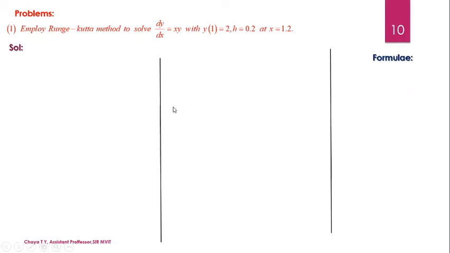So dear students, now since we know the formula of Runge-Kutta method to solve an initial value problem, we are going to now consider problems on the same. Fine. So let's see the problems here. The first problem is employ Runge-Kutta method to solve dy by dx is equals to xy with y of 1